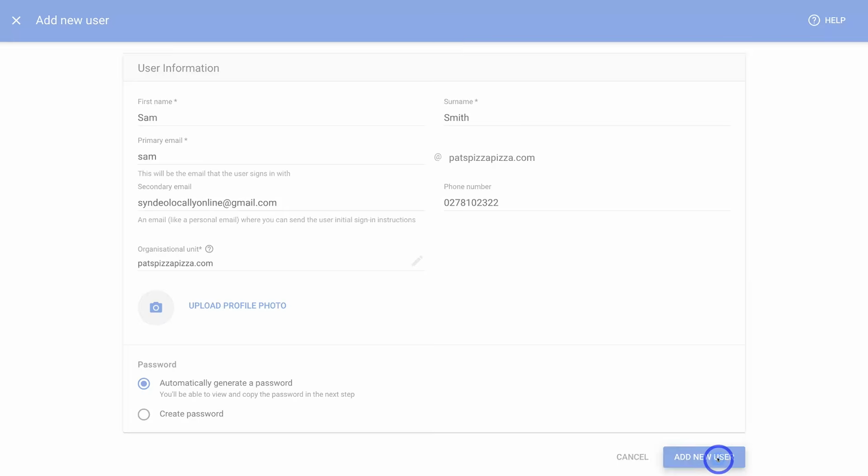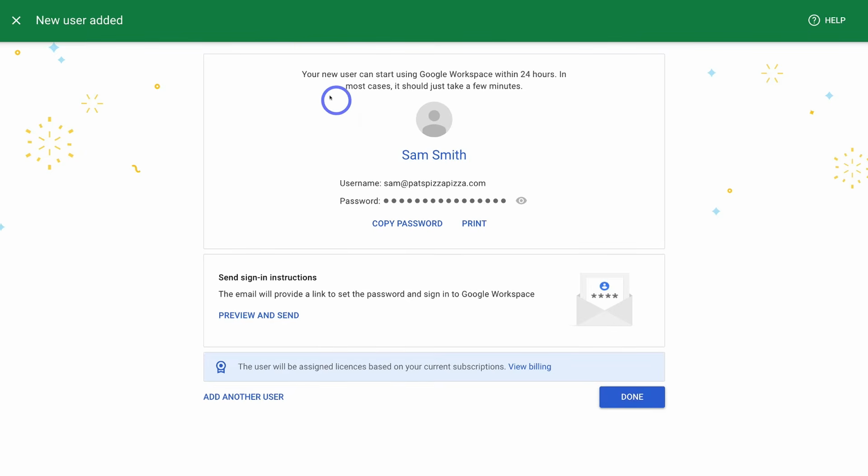Add New User. And if we navigate up here, it's important to note that your new user can start using Google Workspace within 24 hours. In most cases, it should just take a few minutes. Now we can come down and copy this information and send it to our new user so that they can access their own account. Or you can simply come down and click preview and send the instructions directly to the